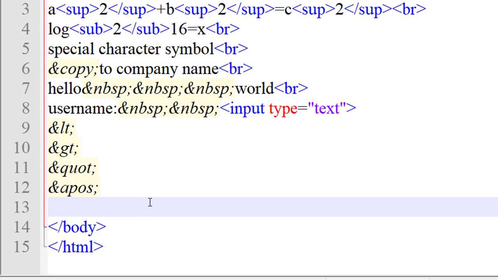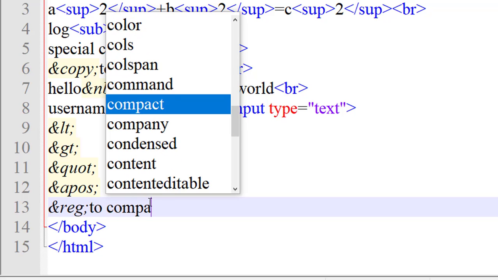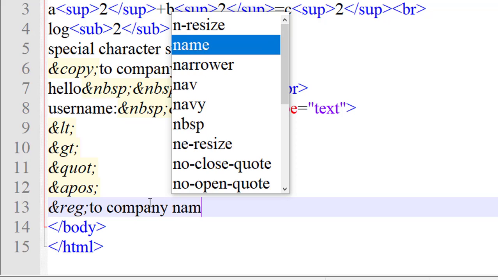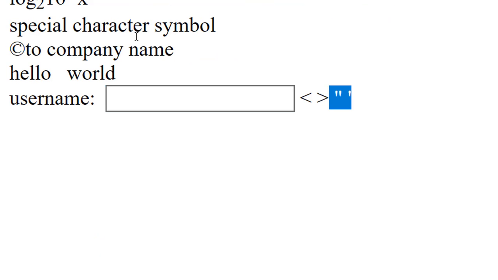Okay, now for the registration sign, I will use the REG, register symbol. You know very well. Okay, register symbol in front of the company name. Company name I want, so just save it and refresh it.